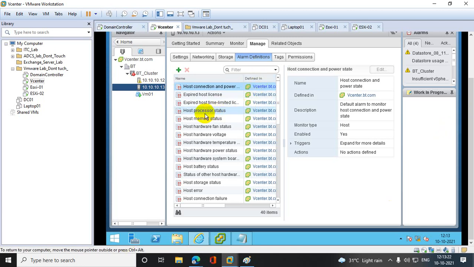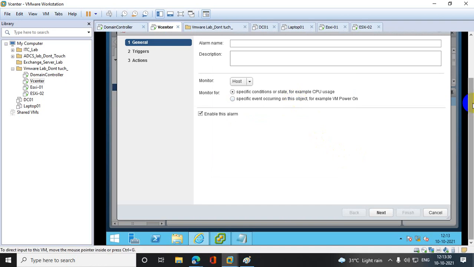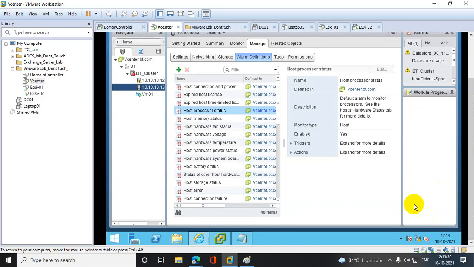So if you click on host processor status, let's click on new alarm definition. Okay. First of all, check what the alarm is. What is your existing host alarm?